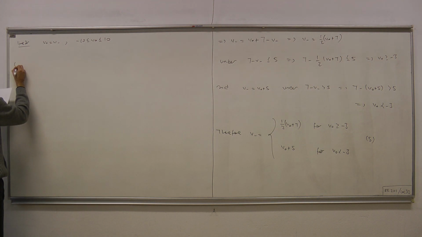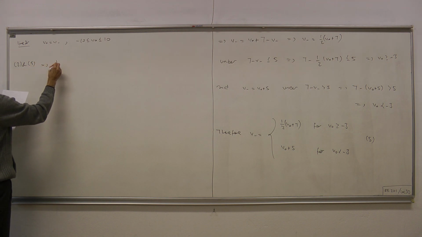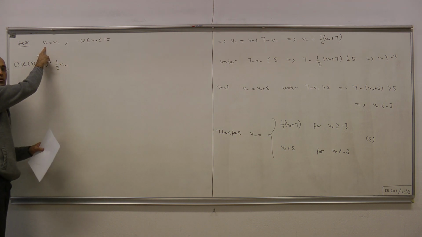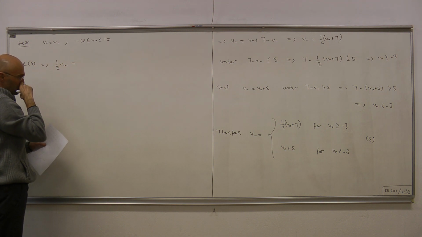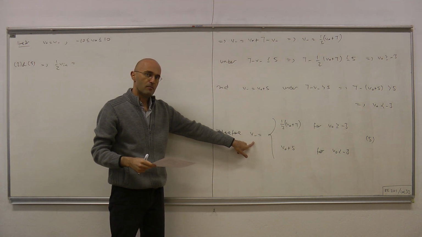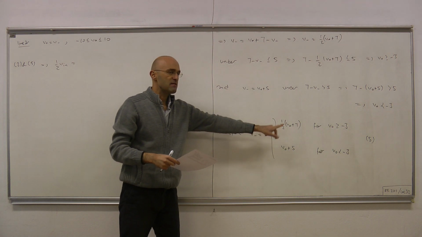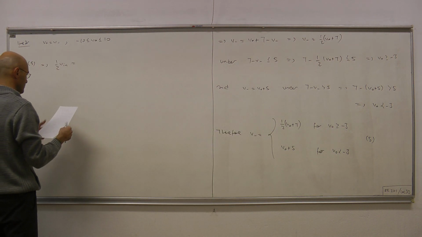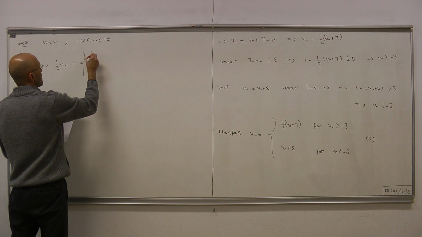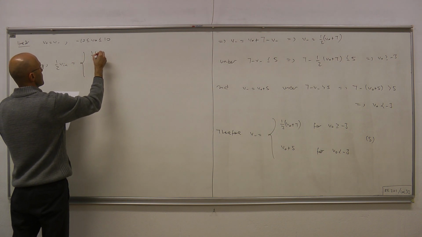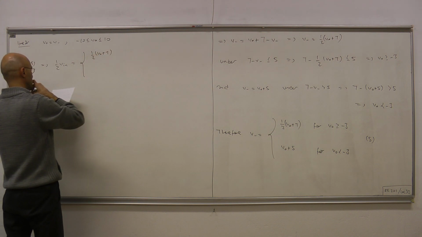Okay, 2 and 5 implies 1/2 V in, which is V plus, equals V minus, because we are in a linear region, and V minus equals that in terms of the output, 1/2 V out plus 7,